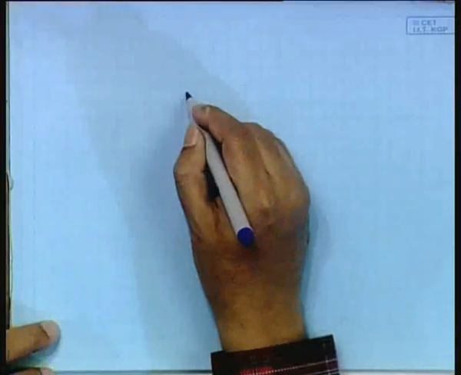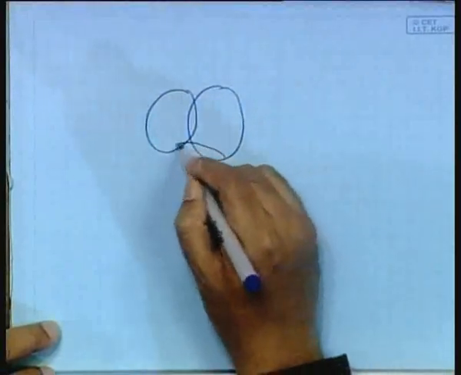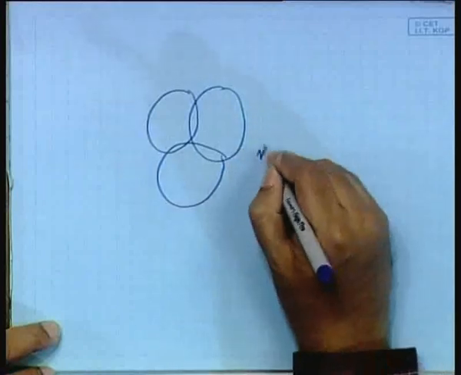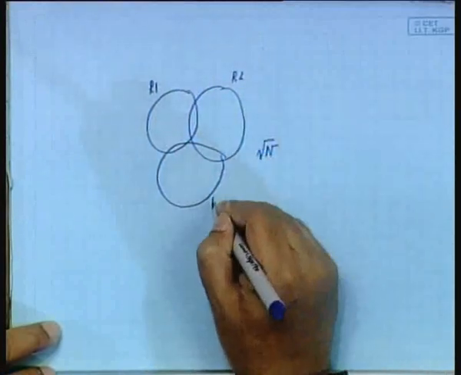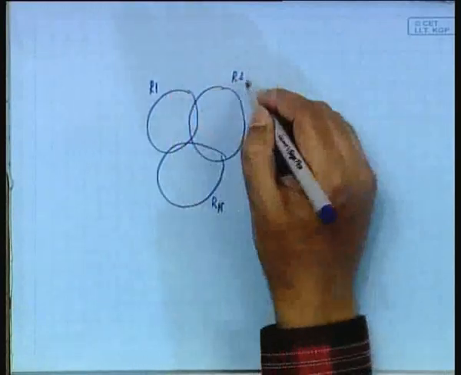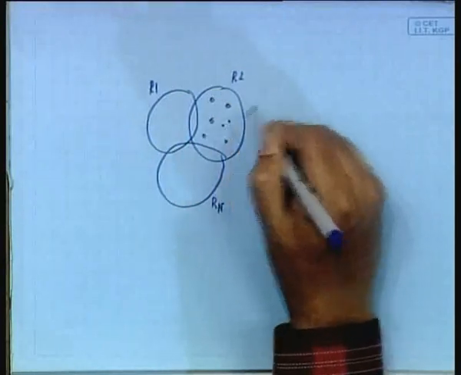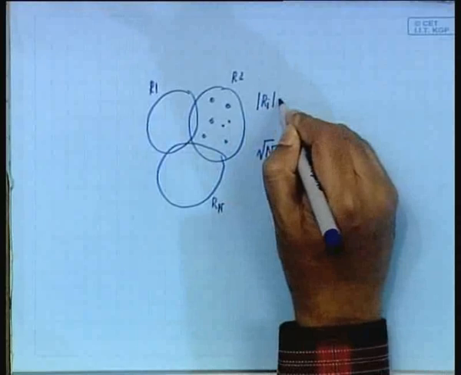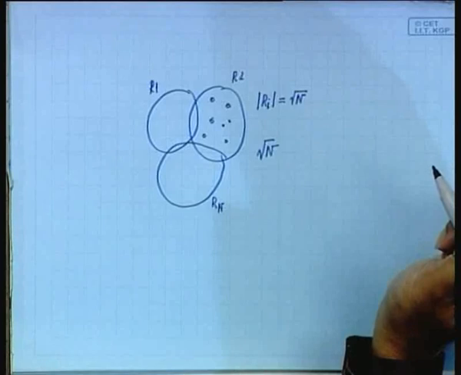So, what does it mean? That we are partitioning the nodes of the network into root n number of sets. So, I have R1, R2 and like that up to Rn. This is a request set. Each request set, the number of nodes that it has is root n, right. Number of nodes that it has is root n,